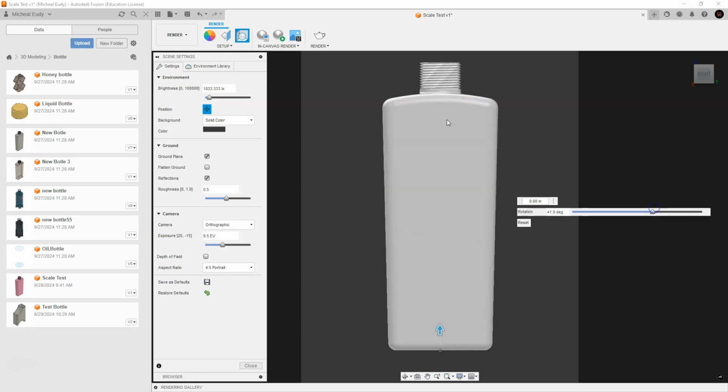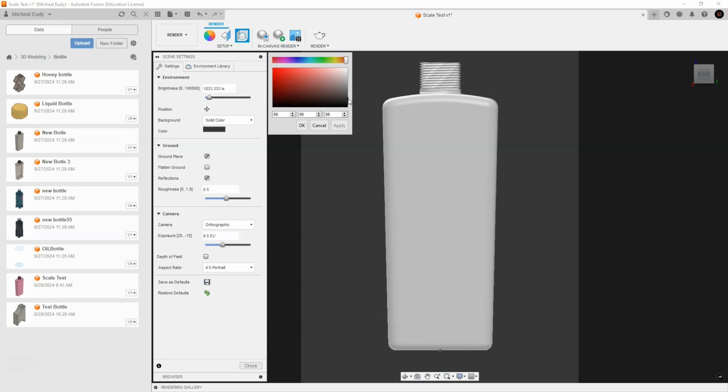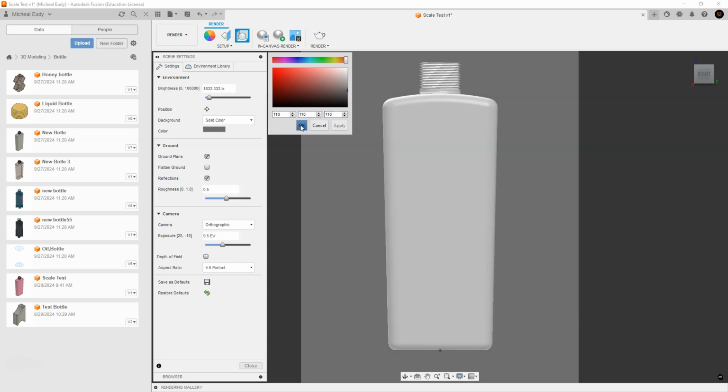I'm going to go for something like that. I like that nice little highlight so I can see exactly where that curvature is. So I'm going to go with something like that, and that looks okay. I'm going to close that, and it's a dark gray. I'm going to make it a little bit lighter gray, something like this. And that's a good base to render from